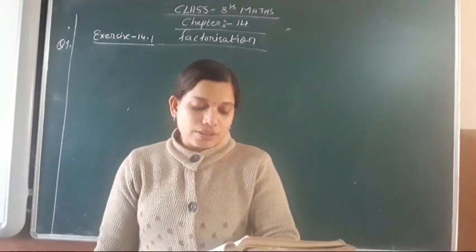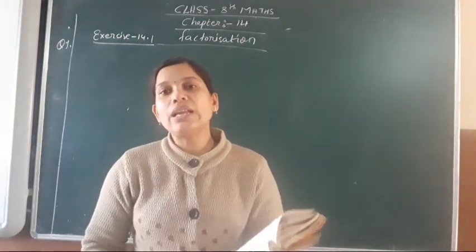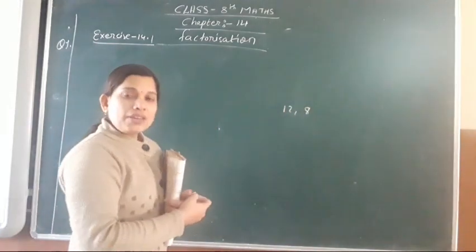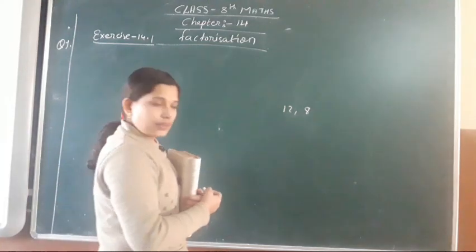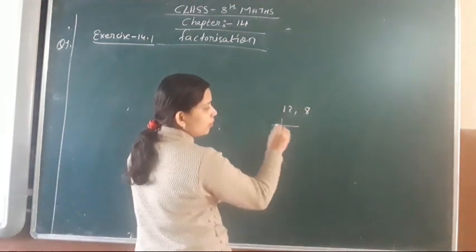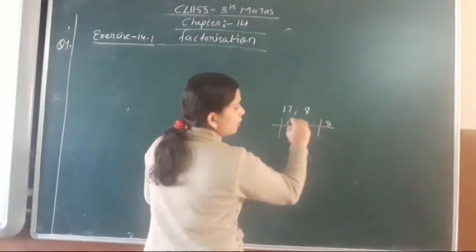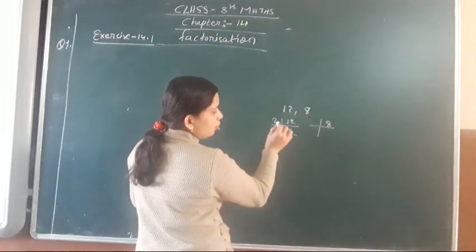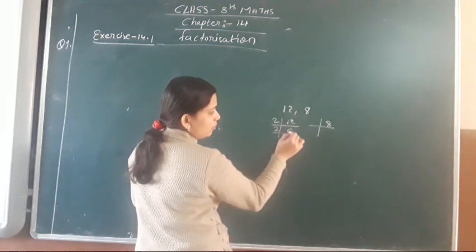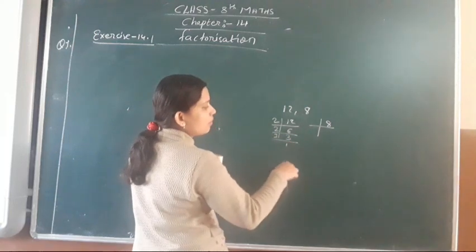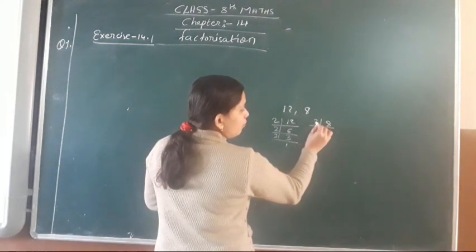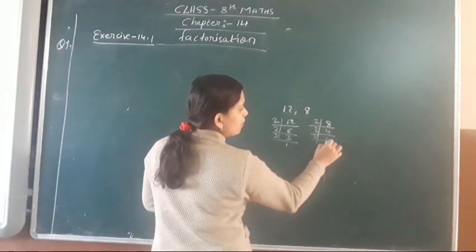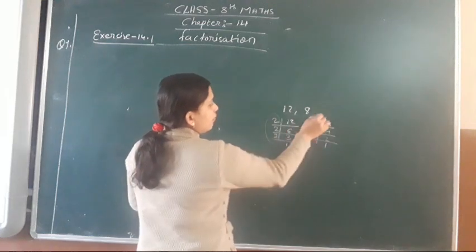Find the common factors of the given terms. So dear student, when numbers are given, suppose 12 and 8, and we are asked to find the common factors among these numbers, what are we going to do? Separately we are going to find the factors of both the numbers. In the table of 2, 12 comes 6 times; in the table of 3, 6 comes 2 times, and 3 comes 1 time. In the same way, in the table of 2, 8 comes 4 times, 4 comes 2 times, and 2 comes 1 time.